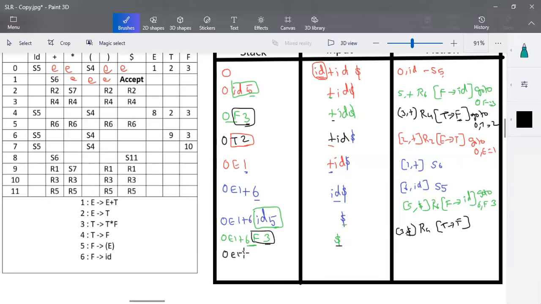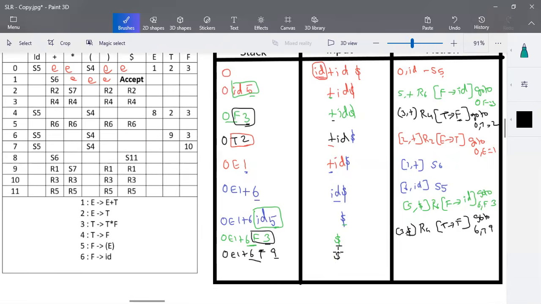So this E1 plus 6 will remain as it is, and instead of this handle, we'll be pushing the variable t into stack. And this is followed by a go to operation, where we perform the go to operation with the last two elements, 6 comma t. What is there in 6 comma t here? 6 comma t consists of 9, right? Yeah. 6 comma t consists of 9. So it is done. 9 will be pushed into stack and you have dollar symbol here in the input.